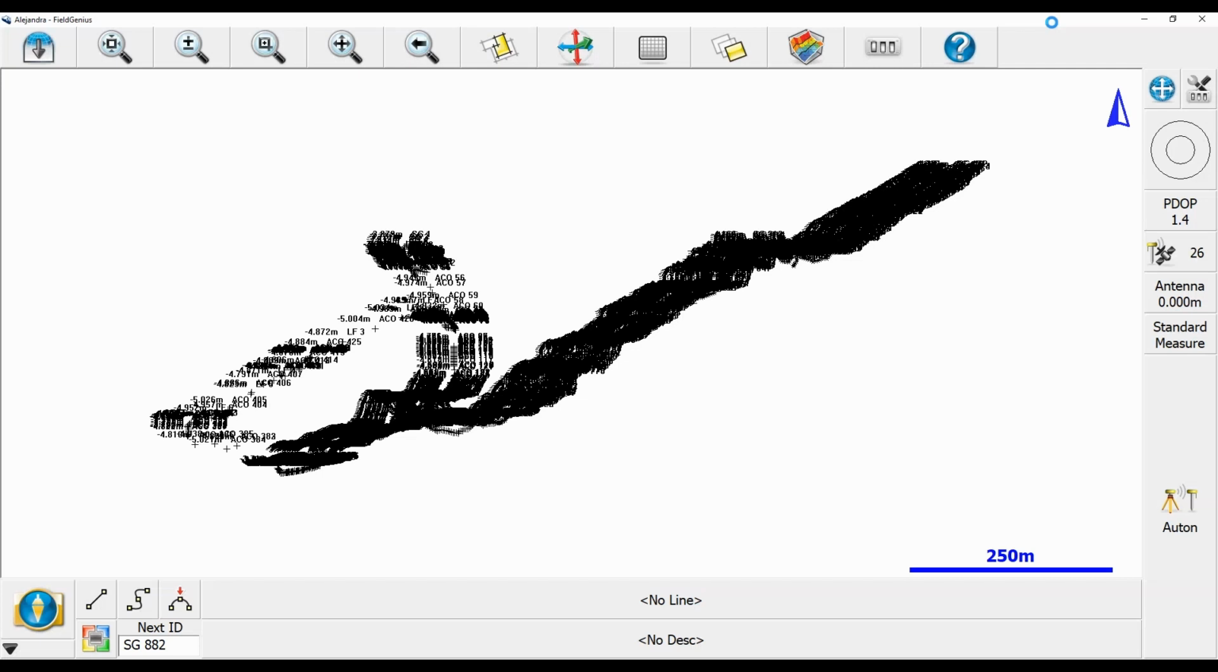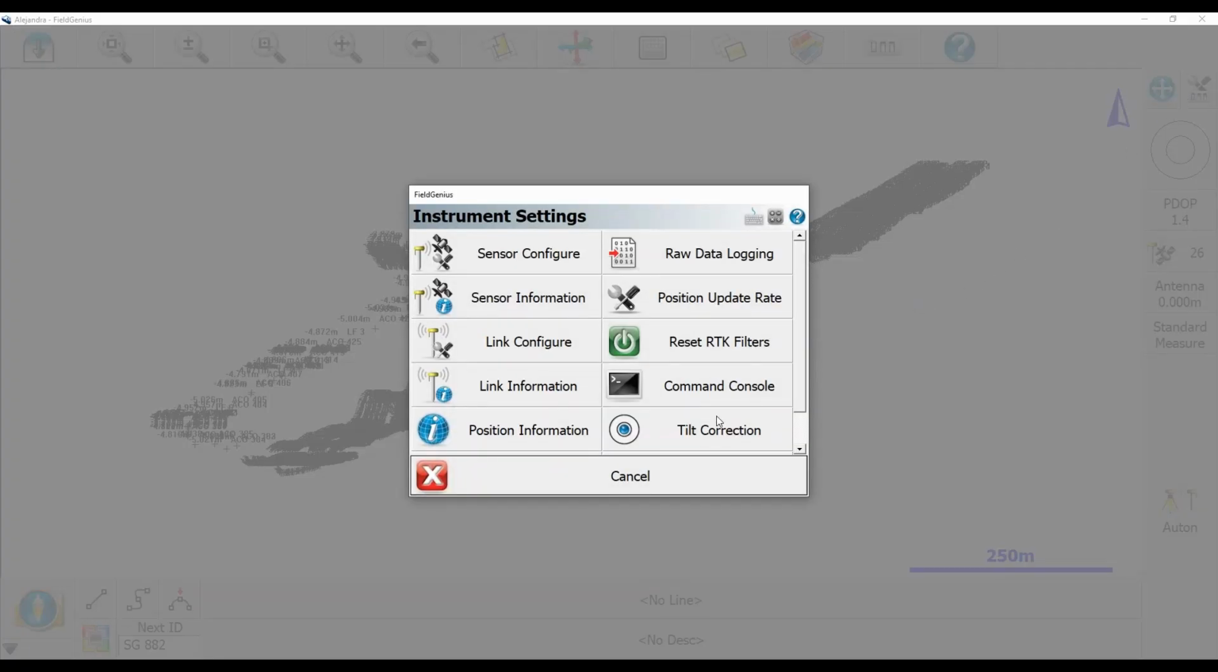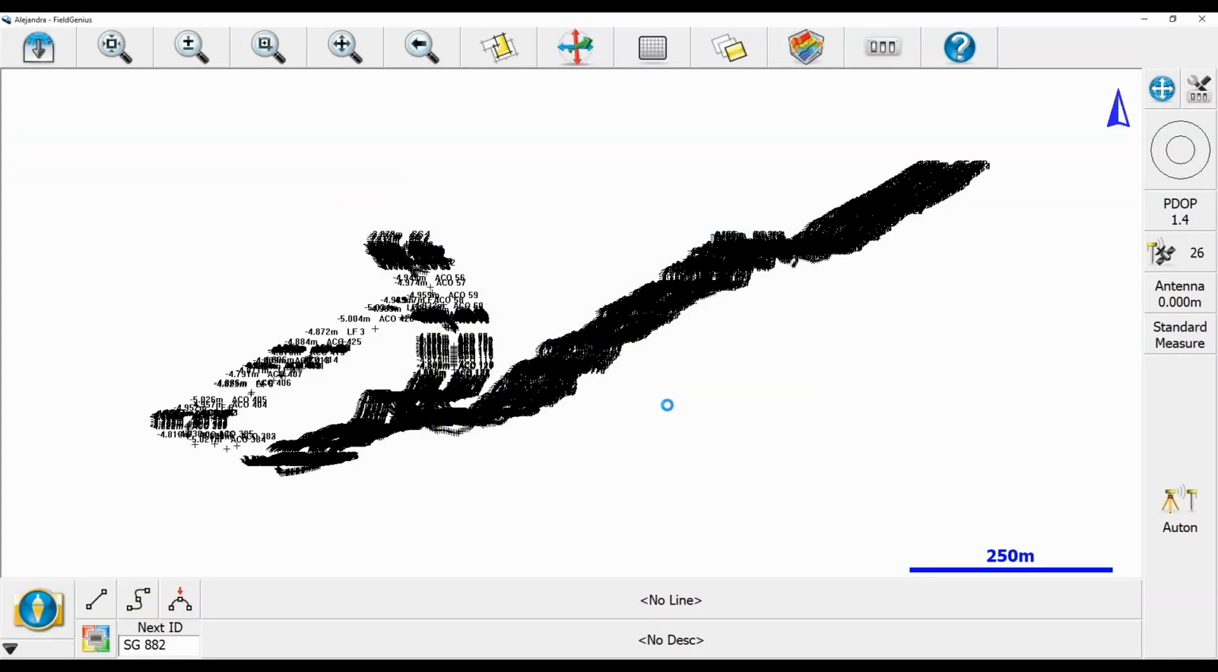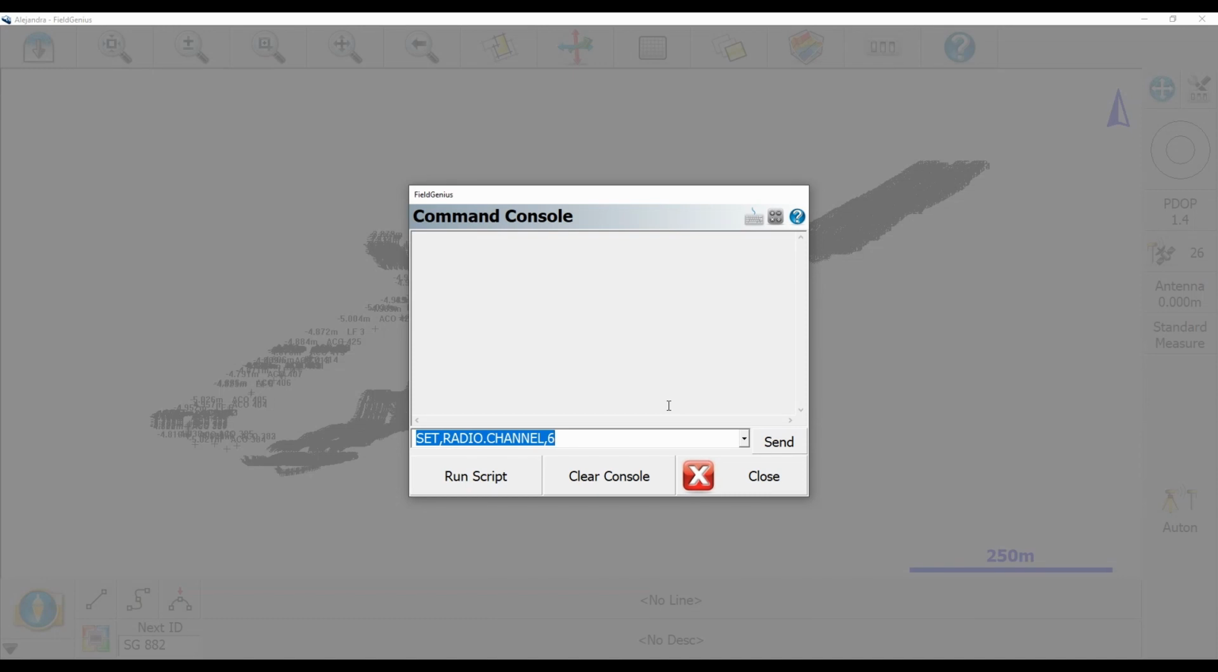But what I'm going to do is head to the top right corner of my FieldGenius window here, and there is the wrench, screwdriver, and 3 switches. That's going to open up my instrument settings where I'm going to want to select Command Console. And when my Command Console comes up here, I can either manually type in a series of commands into my